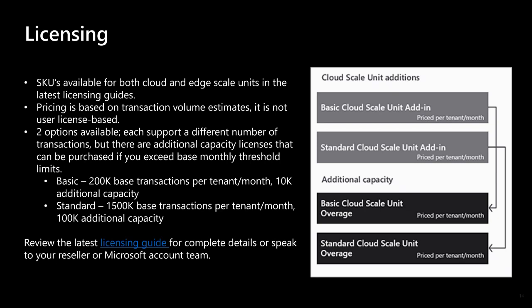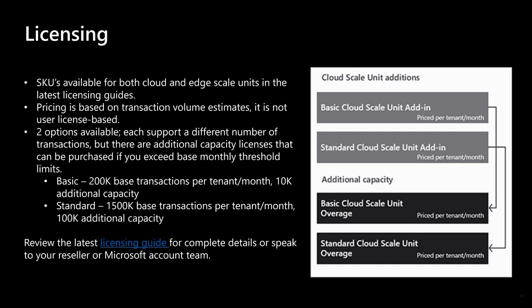And here you can see the standard is 1.5 million transactions per tenant per month, with an additional 100,000 transactions of capacity that can be purchased. As always, review the latest licensing guides. With anything Microsoft related and licensing, it is subject to change. So best to always review the latest licensing guide